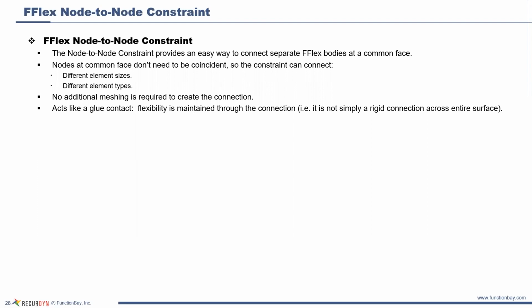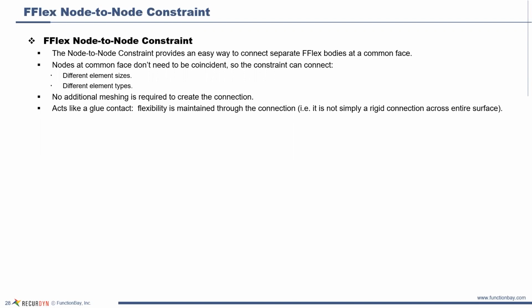The next enhancement is the FLEX node-to-node constraint. This is an easy way to connect two separate meshes at a common face. If you have two FLEX bodies that you've meshed separately, and they connect or meet each other at a common face, you can easily create this constraint without the meshes having to match up at that face. So you can have different element sizes